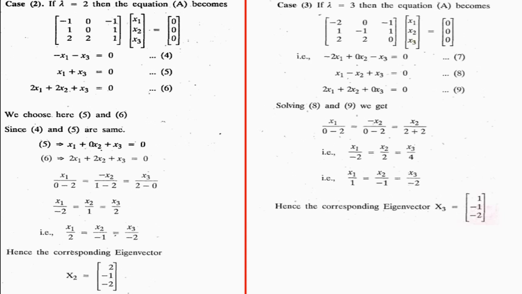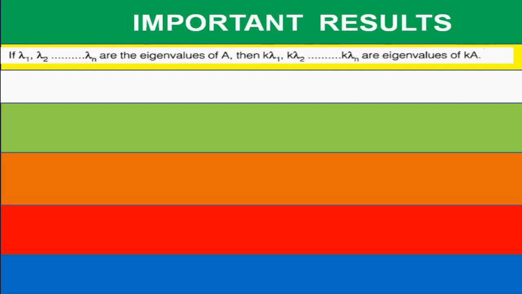You can even get more practice from this topic, because suppose all three equations are the same, then how to get the eigenvector, and if all three eigenvalues are the same, then how to get the eigenvectors. If two eigenvalues are the same and the matrix is symmetric, then how to get eigenvectors. These are the subdivisions or some concepts in the determination of eigenvectors, the important results.